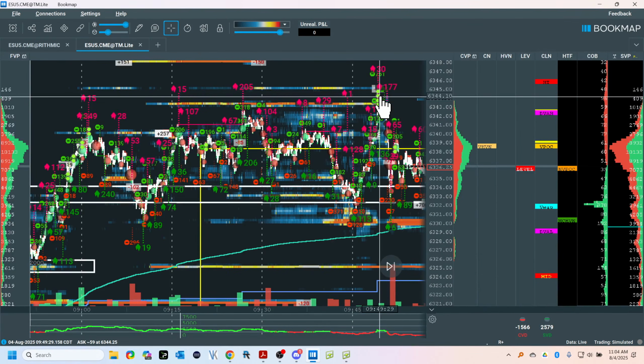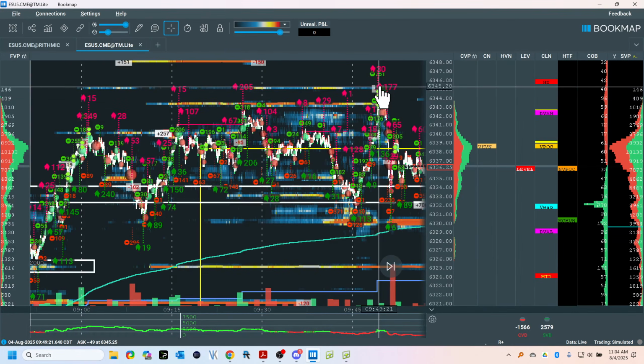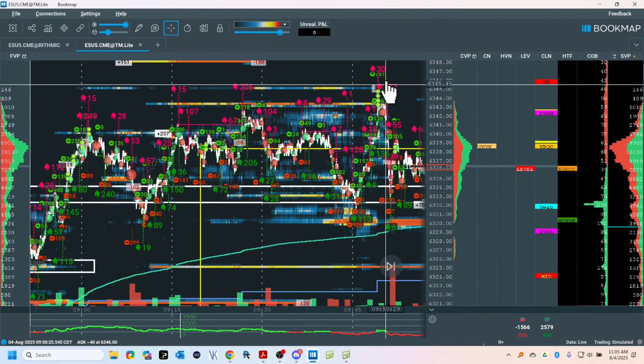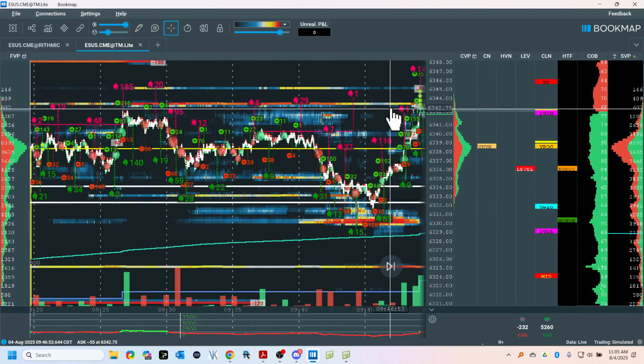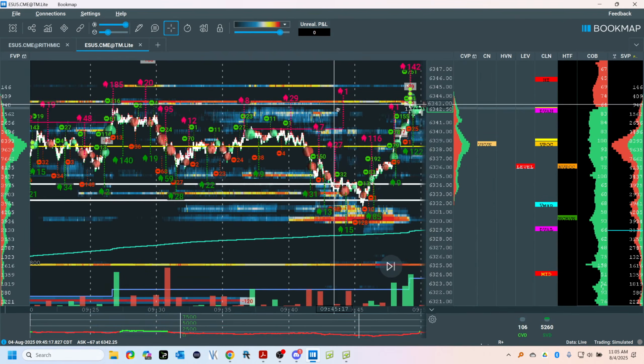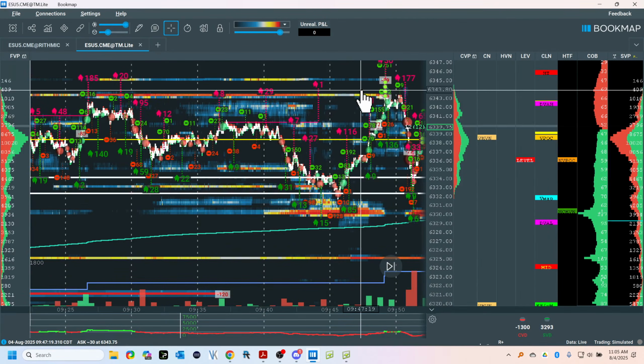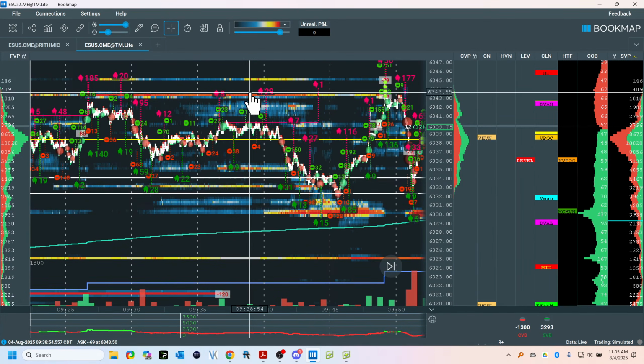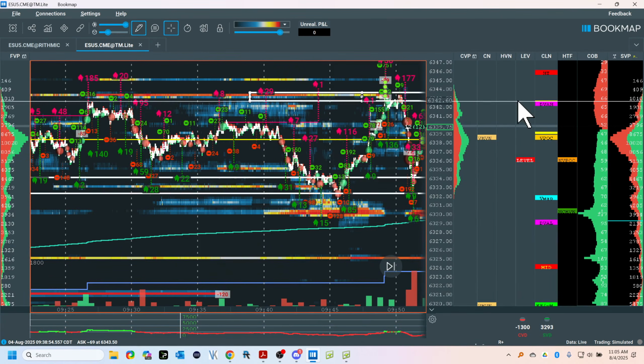This is very interesting, and we've been talking about this. The high of the day had a sweep. The current high, I think, is here. And I was looking at this and thinking, well, this could be problematic because I have liquidity. Let's draw a little box around this thing. And I was thinking about this, going, well, this could be the high of the day, but, and here comes the but,